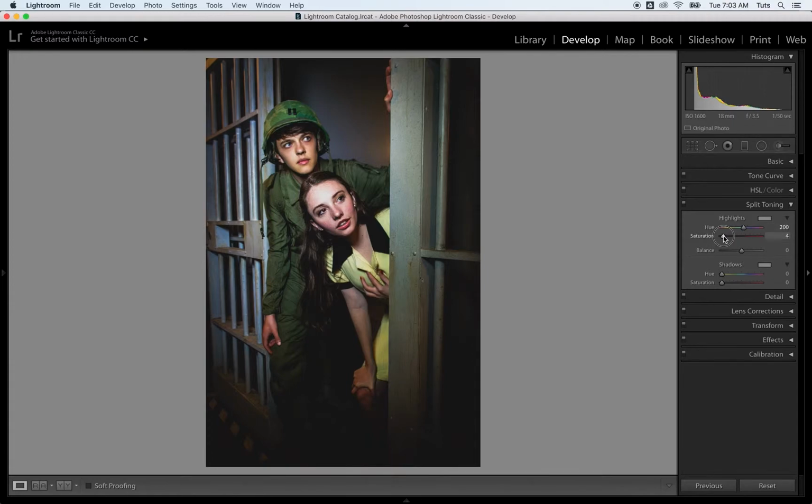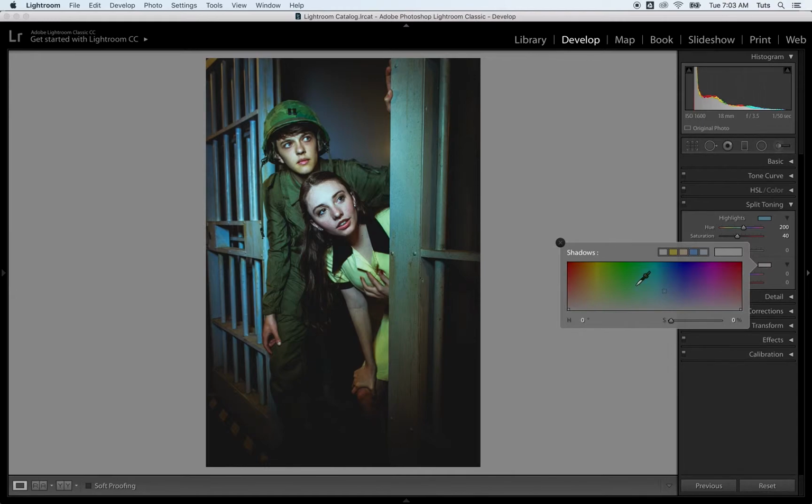Then I can adjust the saturation slider, and I can pick how much of that blue I want in the highlights. And then, as I mentioned, typically we're going opposite on the color wheel down here in the shadows, so I could do the same thing. Well, actually, I'm going to do this a different way. I showed you the technique with the sliders where I held Option. Here's another technique. If you click this little square right here and click on that,